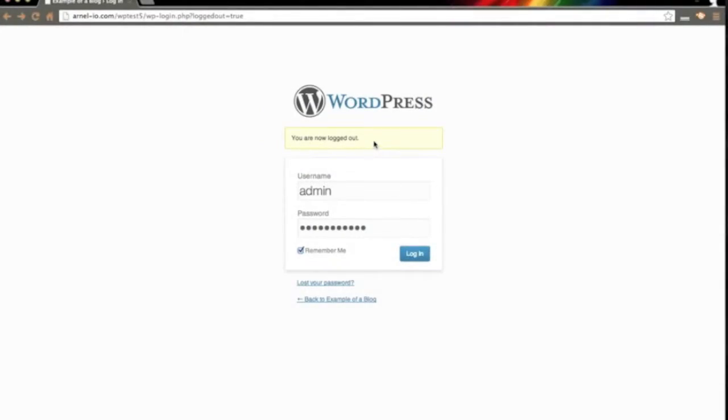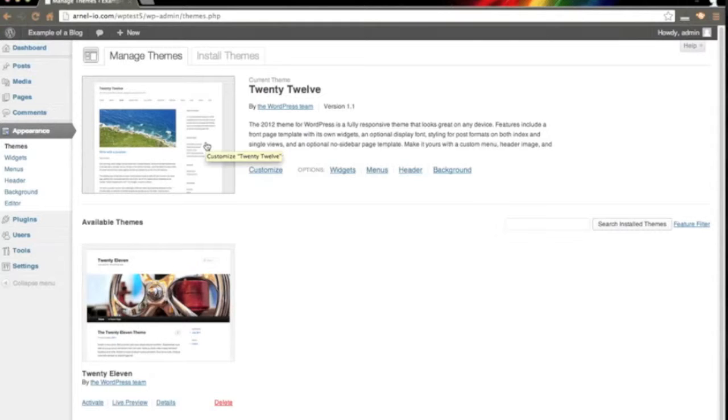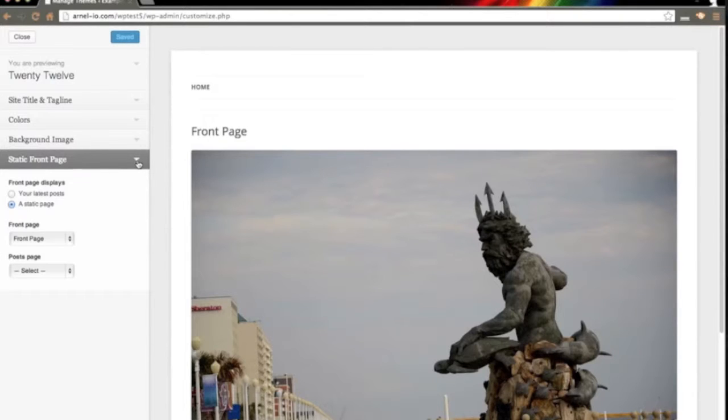So what we're going to do now is give you a short example of using WordPress to build a brochure type website. We're just going to jump into the administrator here, and this is a view of it now. We're going to actually look at the theme. Now, building a brochure website is pretty much a static site, and when you're building the static site, basically it's going to have